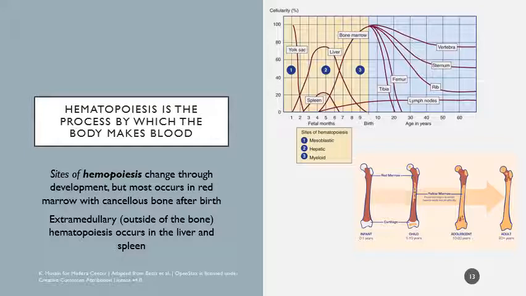The bulk of it is happening in the vertebrae, also the sternum and the ribs, and then it drops off in the tibia and femur as we get past about age 25, and then it still happens in the lymph nodes. So that extramedullary hematopoiesis is happening in the liver and spleen early in development, and then also in the lymph nodes as adults. So when we're thinking about this process of hematopoiesis, we're thinking about it from a few